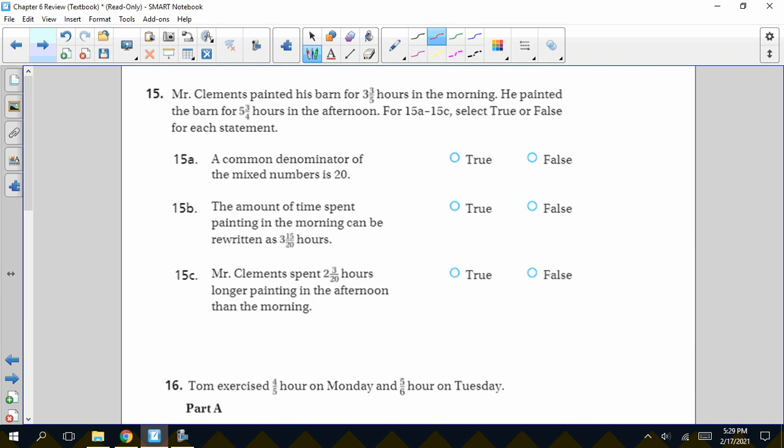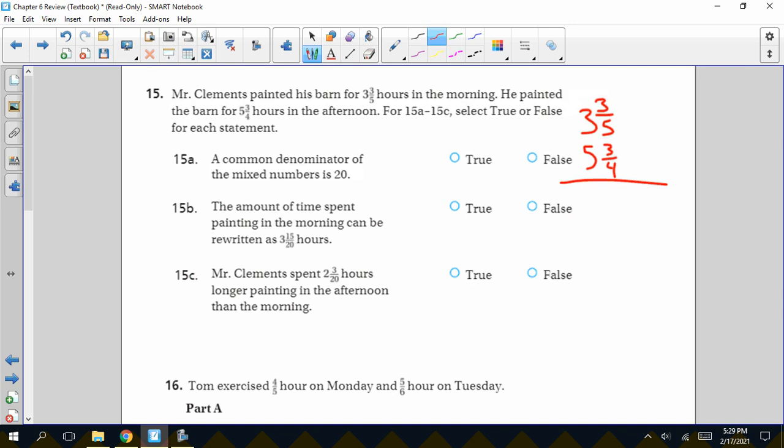Last page here. Question number 15. Mr. Clements painted his barn for 3 3/5 hours in the morning. He painted the barn for 5 3/4 hours in the afternoon. Select true or false for each statement. Well, we have 3 3/5 in the morning, 5 3/4 in